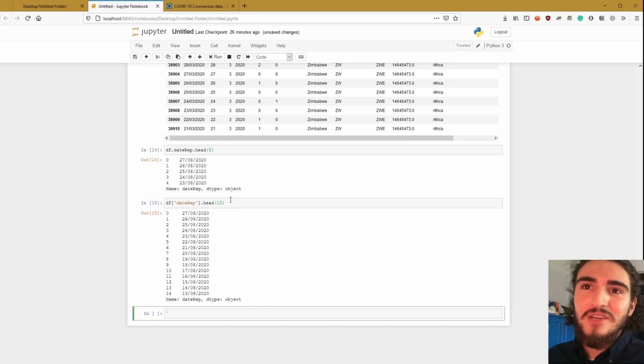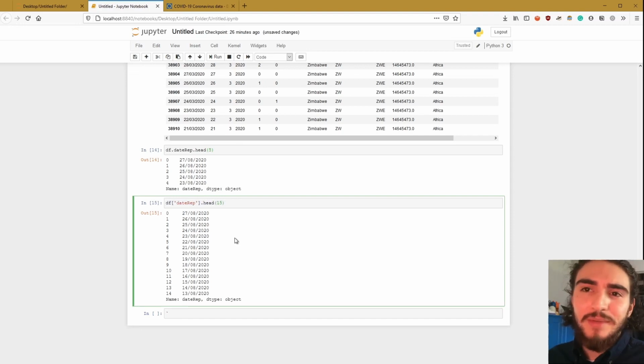Cool, so here it is, exactly the same thing, I just called 15 instead. This is just to show you the other notation we have in pandas, but I mean, this is basically just a waste. I just wanted to show you guys how to do that. And so next we're going to see a little bit about